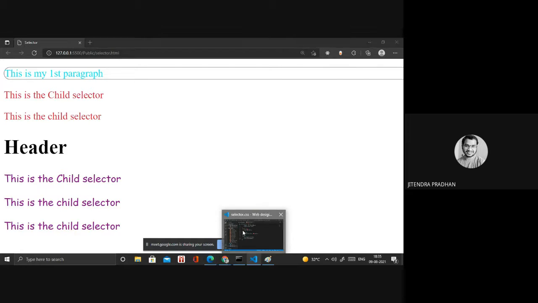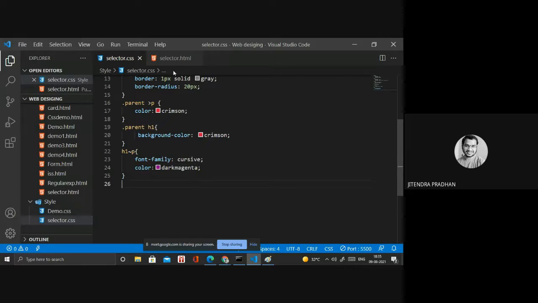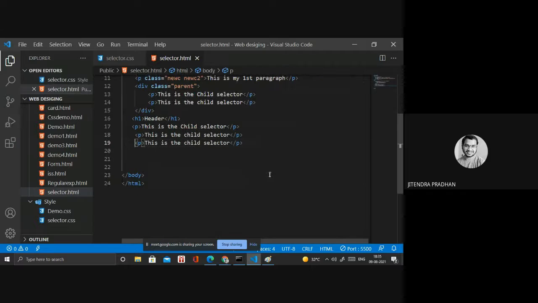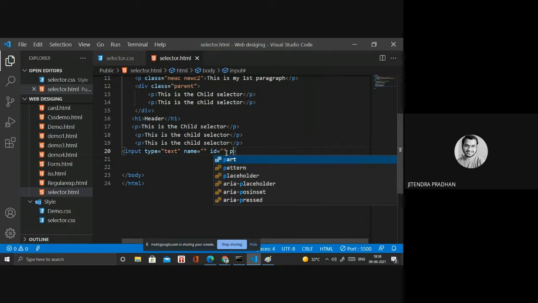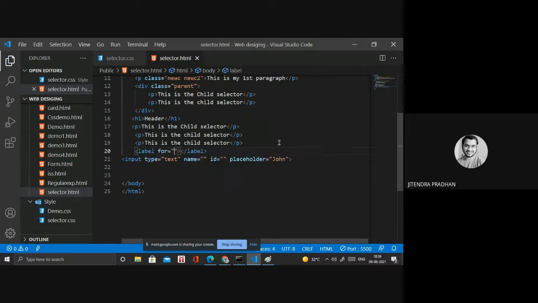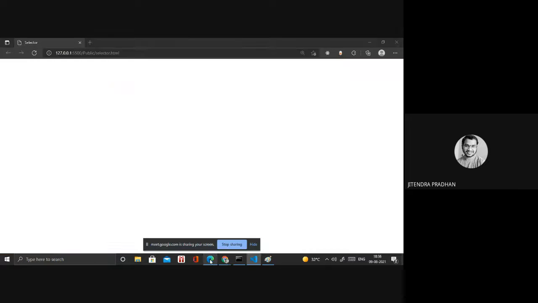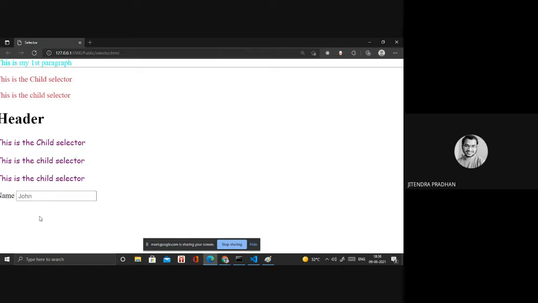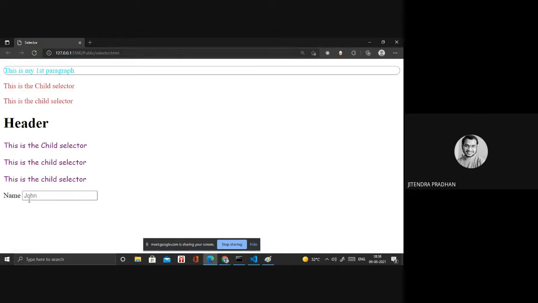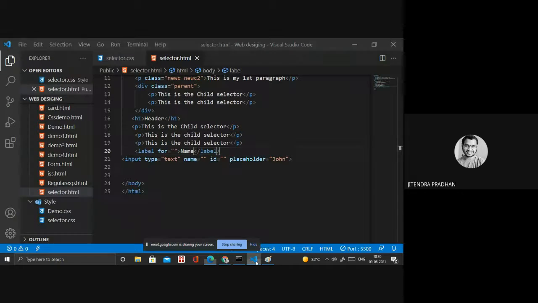Next, we have to discuss the attribute selector. Okay. So what is the attribute selector? In the input box, we have many attributes. Let's see, I will show you in that input text. In that, we have the placeholder option. Placeholder is the attribute. Inside that, whatever we write, we can change the color and all these things. Like Johan, if I write the label inside, I need name. Okay, so let's see. Okay, it's affected, but I need to change the color of that particular placeholder text. So by using the attribute selector, we can do that.